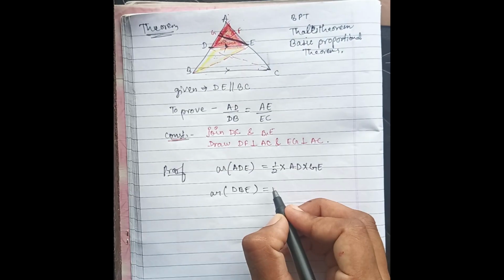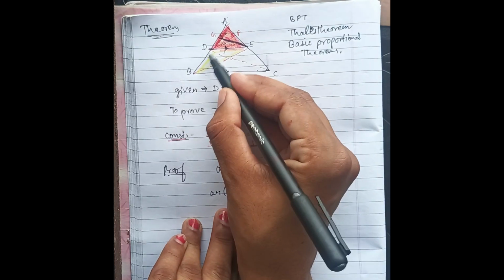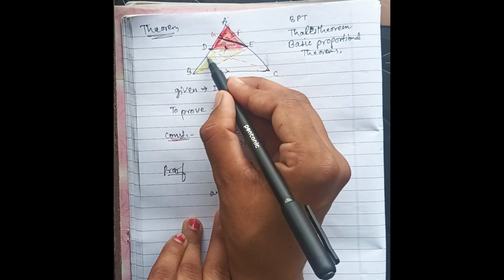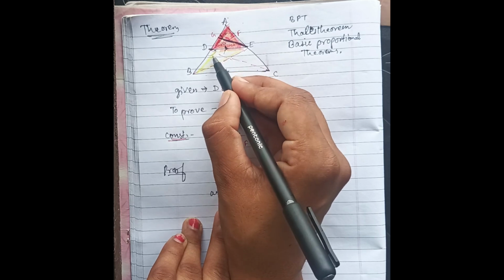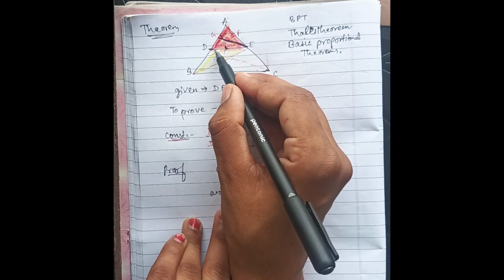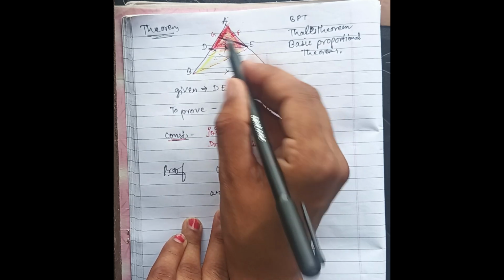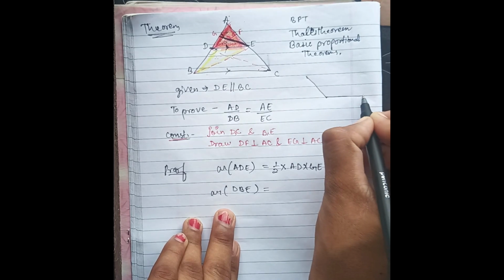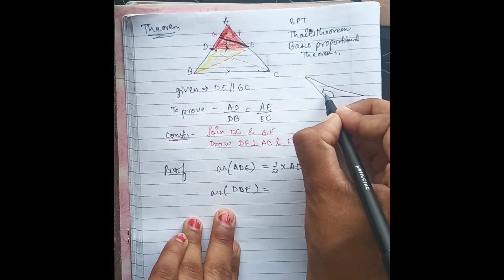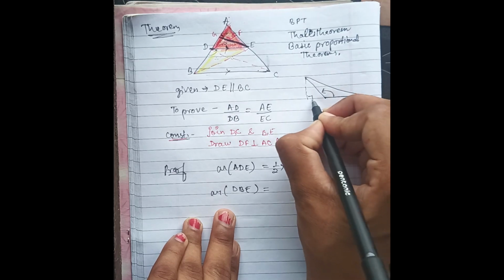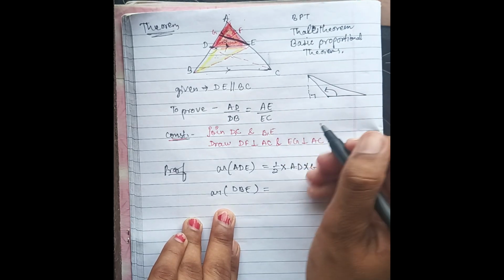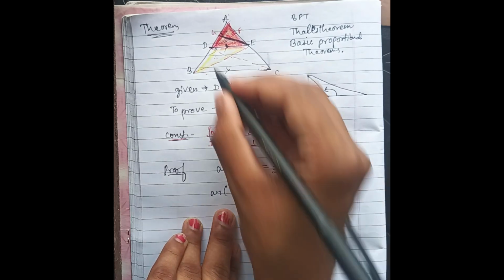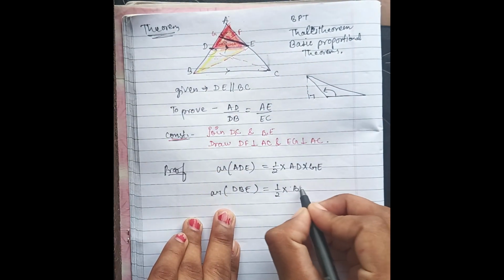Okay, DBE, that is DBE. This is a triangle with an obtuse angle, and a triangle with an obtuse angle always has its height at the back. For example, if you can see a triangle like this, it is an obtuse triangle and its height will fall automatically at the back. Okay, so the height will be GE, that is half into base, that is BD, into